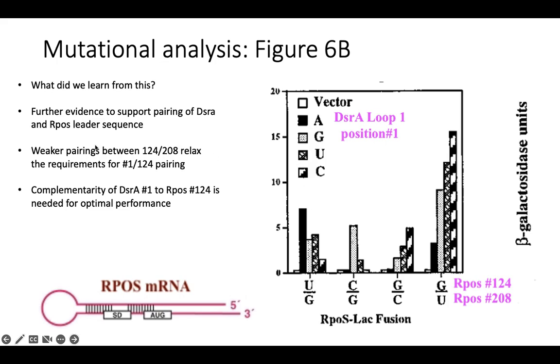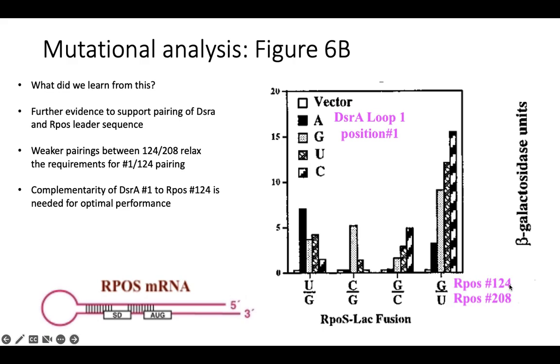So just to see what we learned from this, we've gotten some further evidence to support that there is pairing of DsrA and the rpoS leader sequence. Oh, and just to show you, once again, we're measuring the amount of rpoS that was translated using that rpoS-LacZ fusion. So, weaker pairings between 124 and 208 are going to relax the requirements for number 1